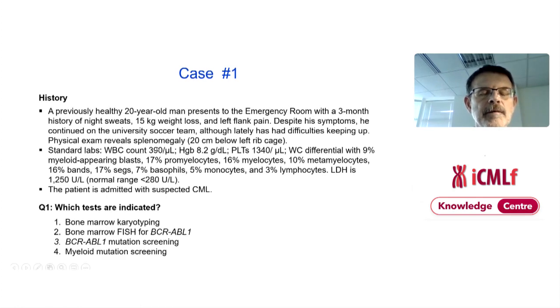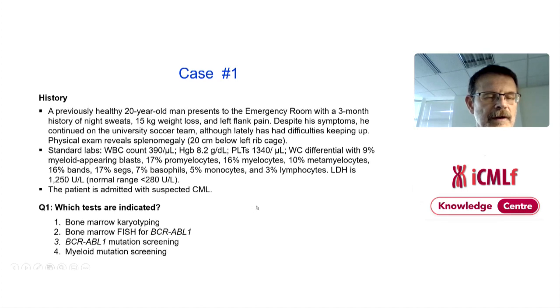Standard labs are highly abnormal: white count of almost 400, low hemoglobin, high platelets. In the differential, there are quite a few blasts and promyelocytes. LDH is also high. So he's admitted with suspected CML. Which tests are indicated? The choices here are bone marrow karyotyping, bone marrow FISH for BCR-ABL1, BCR-ABL mutation screening,